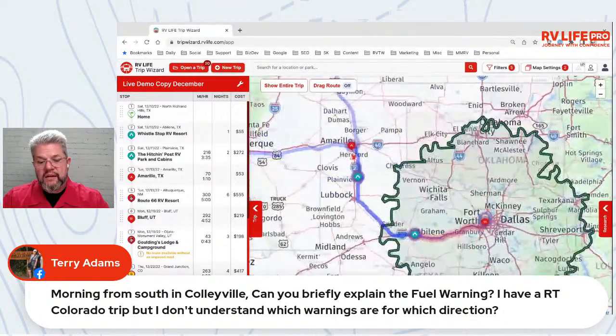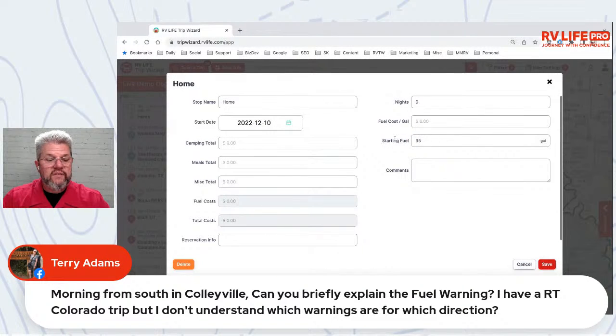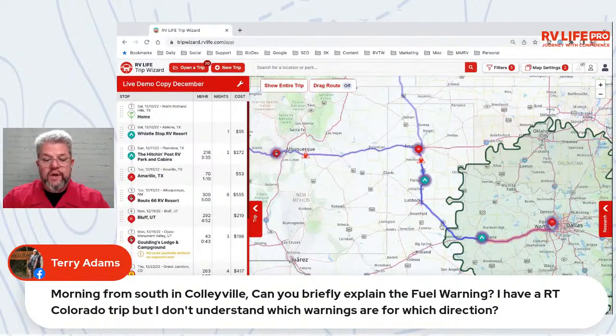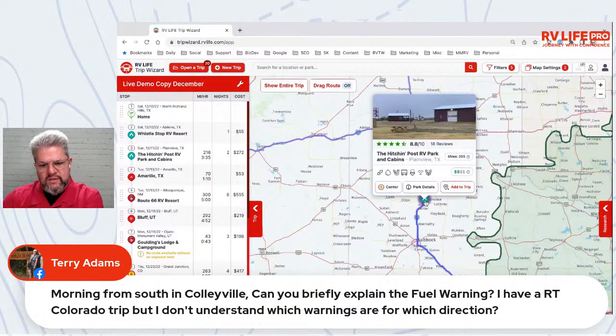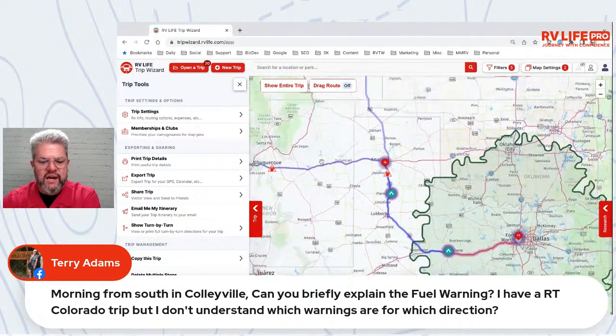But you can see that, let's see, I recalculated my fuel. Let's make sure I did that right. 95. Yeah, so I'm starting with 95 gallons. So one of the things you have to look at is knowing your rig a little bit and knowing your mileage. So it says I've got a fuel warning right here. Okay, well, let's see. If this campground is 355 miles away,